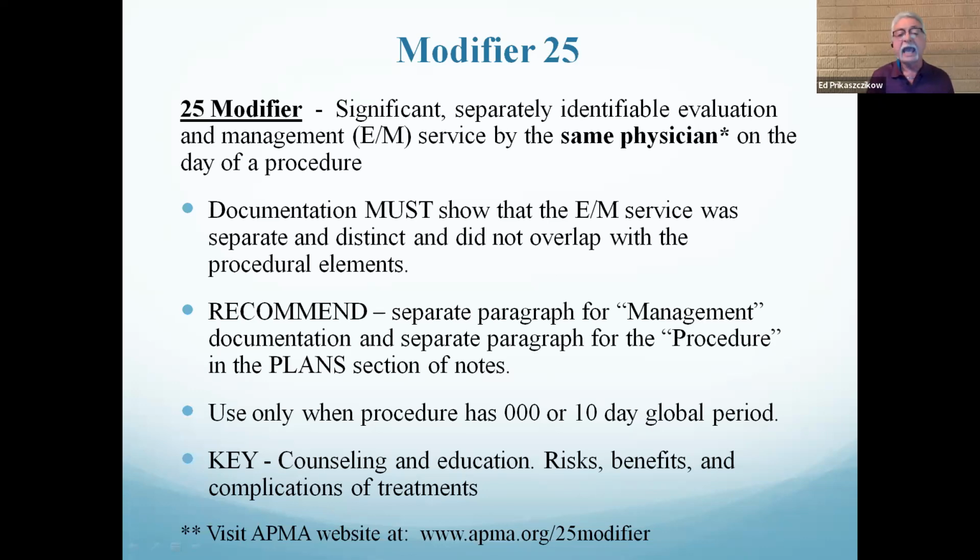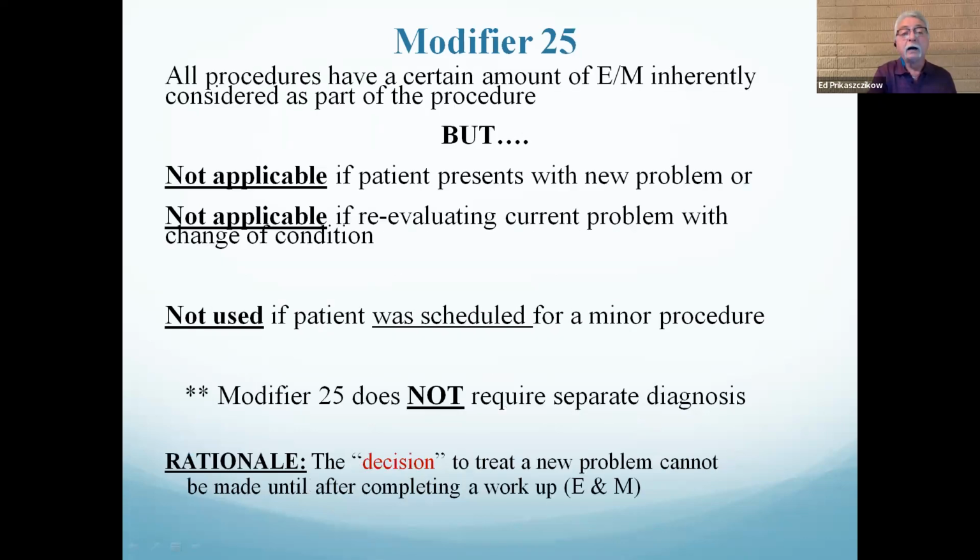So you do a minor procedure and you're doing a separate E&M. And that minor procedure would have a 0 or 10-day global period. Now, CPT, CMS, and everybody else in the world says that every procedure code has a mini E&M built into it, which is inherent in that, which is true. And when you use the 25 modifier, you're saying that this is completely separate from the E&M that's built into the procedure code. So CMS, for instance, will say,